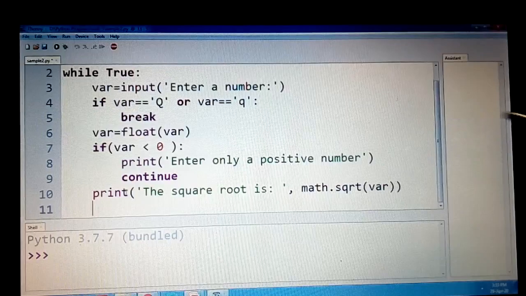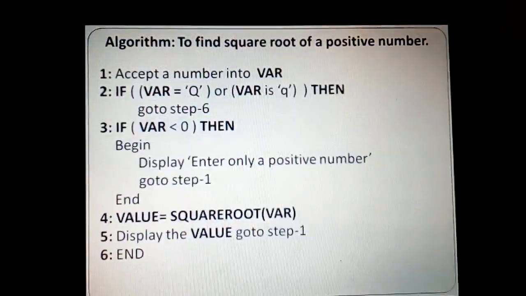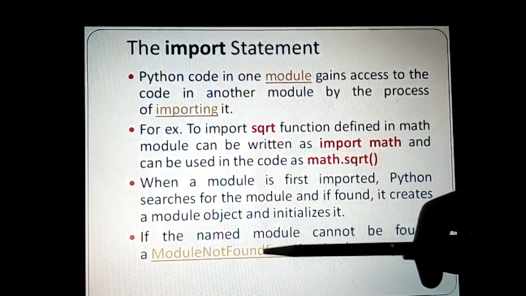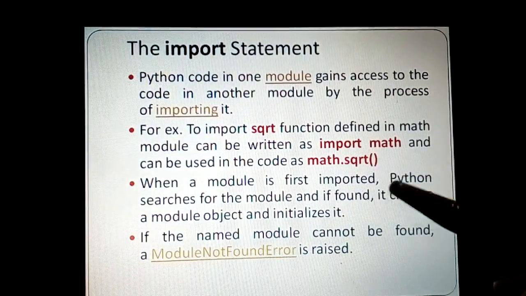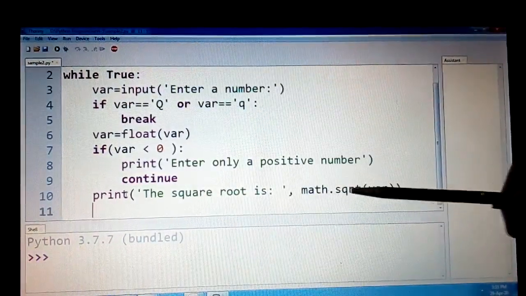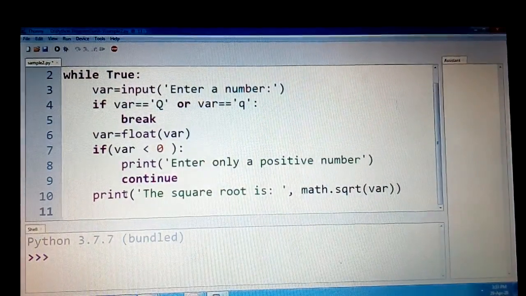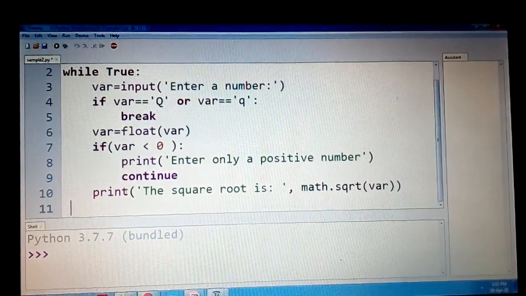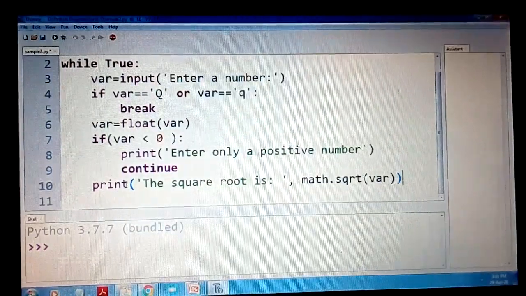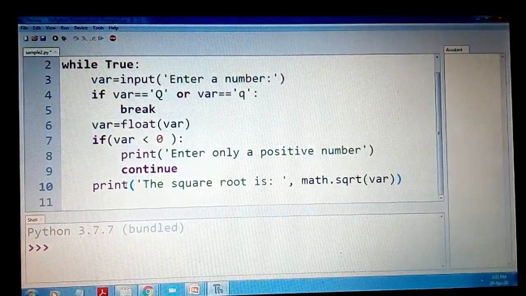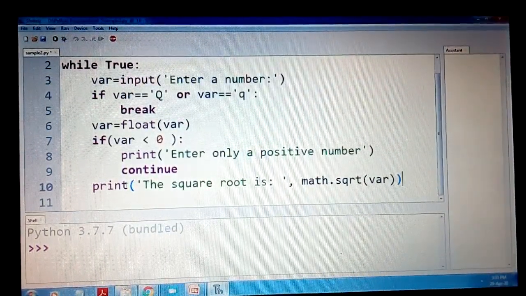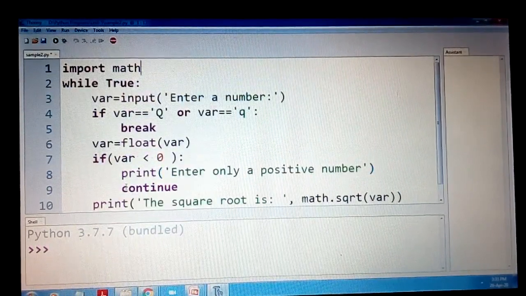So as we saw in case of the import statement that was given here, that is math.sqrt. So the same can be used here, math.sqrt of what number you want to find. Now this is the complete program, and you know that this is all happening inside the loop. That's why there is a tab setting here. And now if you run this program, we'll see what happens here.